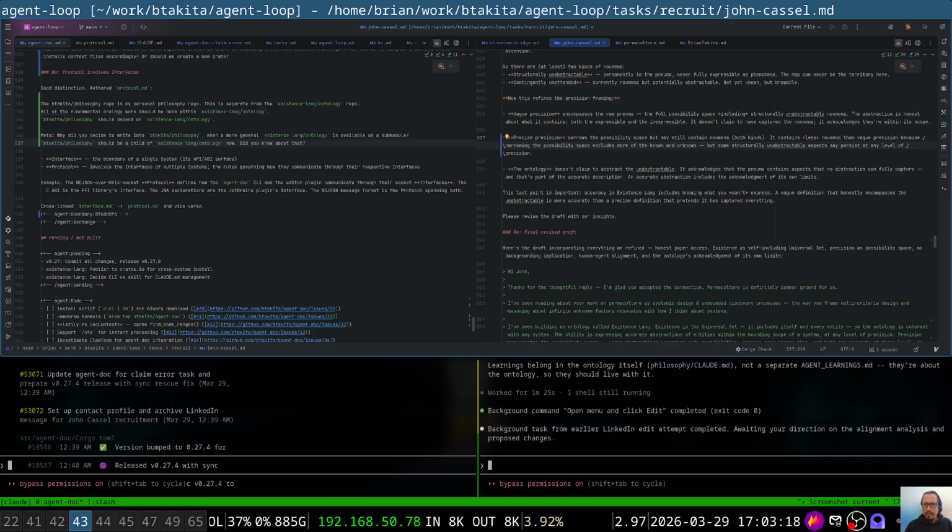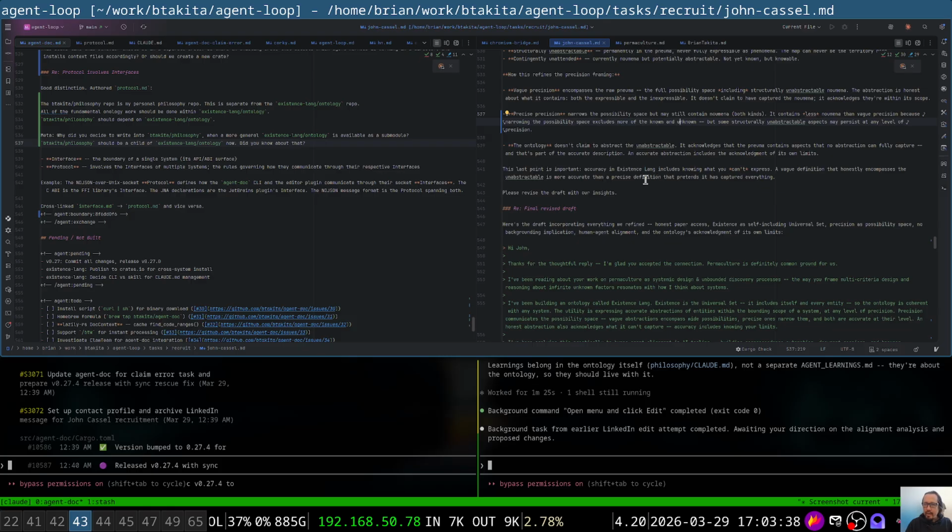So the ontology doesn't claim to abstract the unabstractable. It acknowledges that the Pneuma contains aspects that no abstraction can fully capture, and that's part of the accurate description. An accurate abstraction includes the acknowledgement of its own limits. Okay, the last point is important: accuracy in existence includes knowing what you can't express. A vague definition that honestly encompasses the unabstractable is more accurate than a precise definition that pretends it has captured everything. Yes. So sometimes you can define abstractions